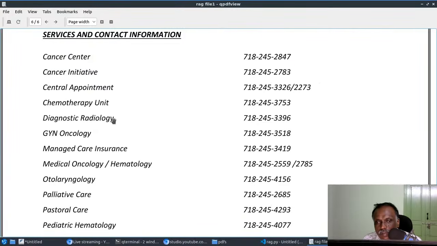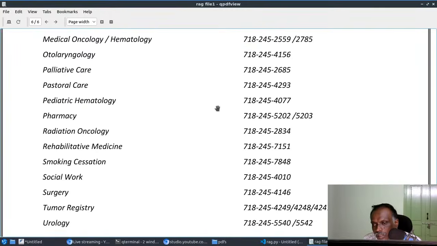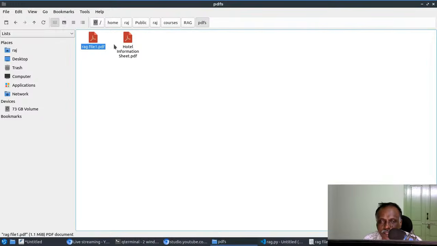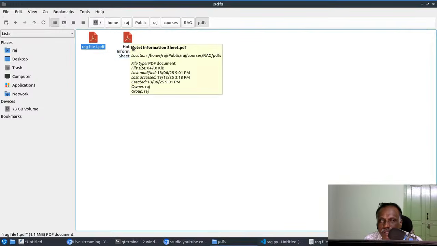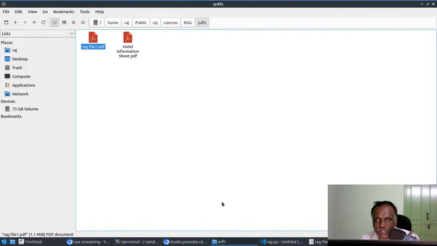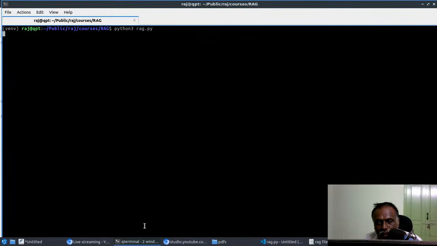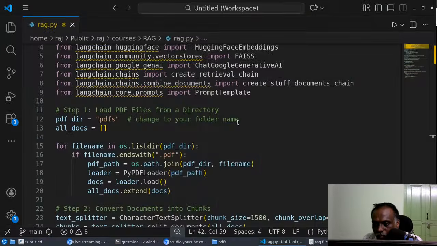We can ask questions like what is the phone number of the cancer center, right? Whatever questions we ask, chunks will be created from each document and stored in the vector database, the text chunk and the equivalent embeddings. The query, whatever question we are asking in the terminal, will again be converted into embeddings with the help of this